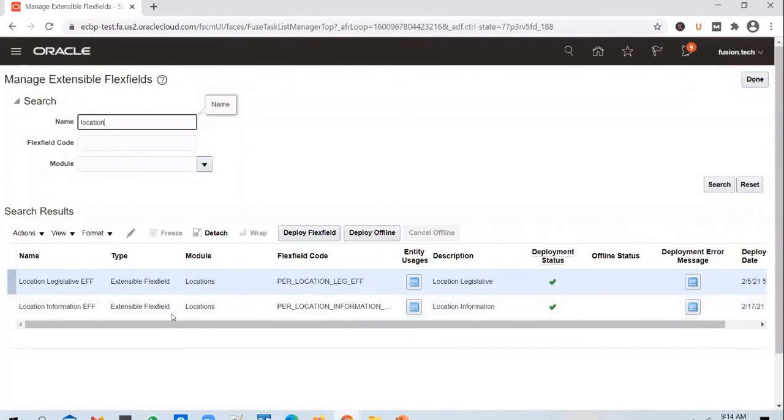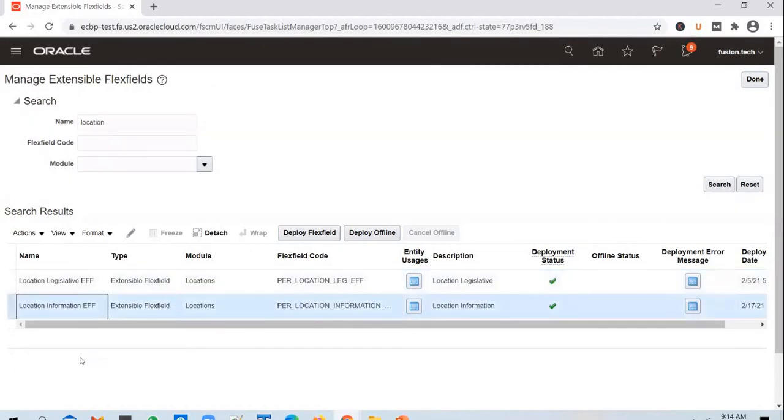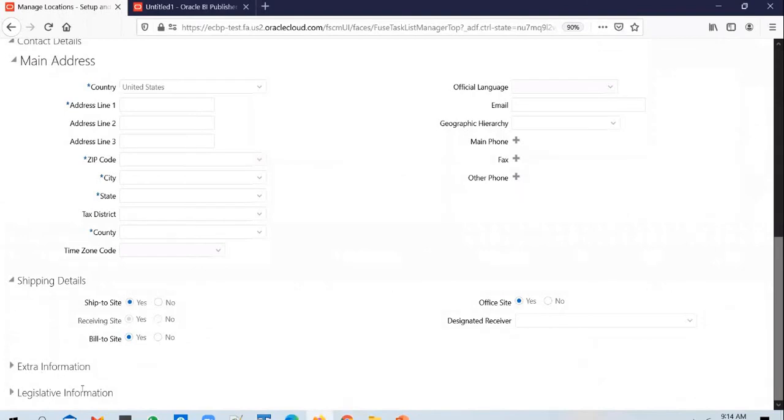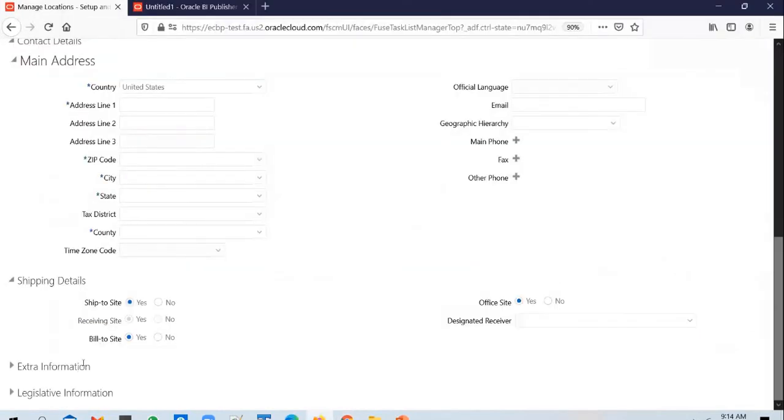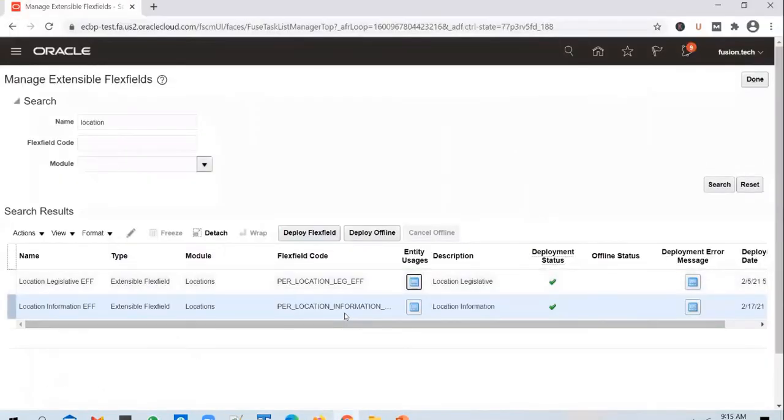You are able to see two extensible flex fields here: legislative extensible flex field and information extensible flex field. So you see two options here, right? Extra information, legislative information. These two extensible flex fields show up the moment I search for location. Location legislative information belongs to this, and location information belongs to this. Depending on under which section you want to enable the additional segments, you pick up that extensible flex field.